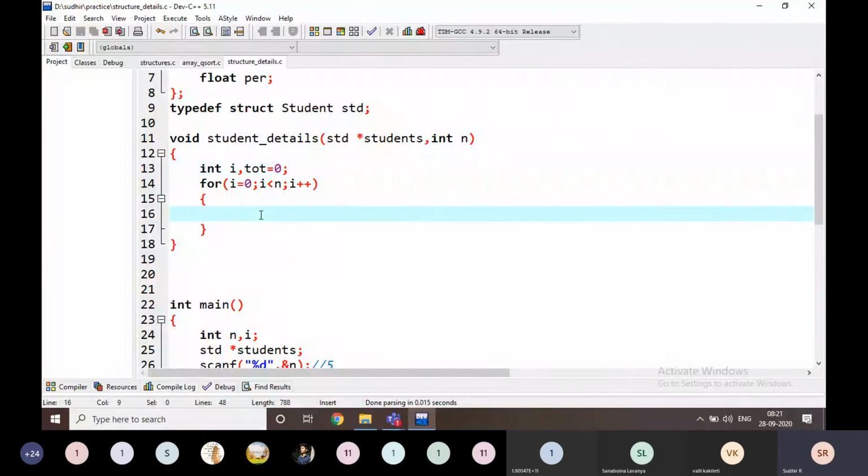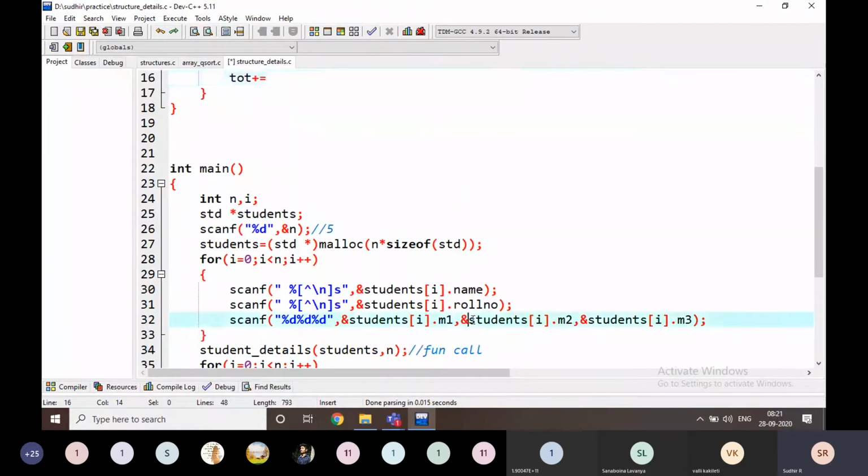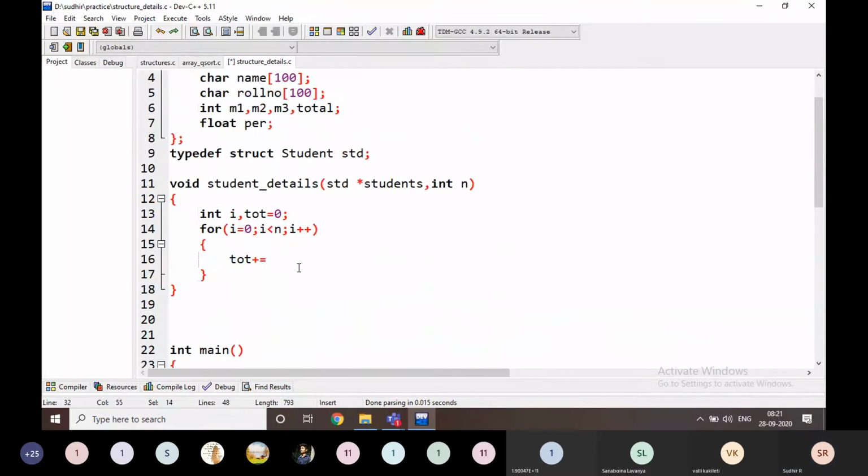For example, total is equal to, I'm going to write here m1 plus m2 plus m3, like this.